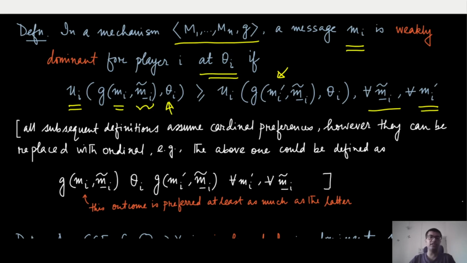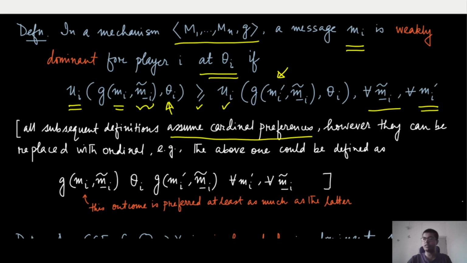You can actually cast this definition in the context of ordinal preferences. All the definitions that we are going to give in this module and in the subsequent modules are going to assume cardinal preferences. So we use these utilities and inequalities because these are real numbers. But you can also replace this with ordinal. For instance, the same